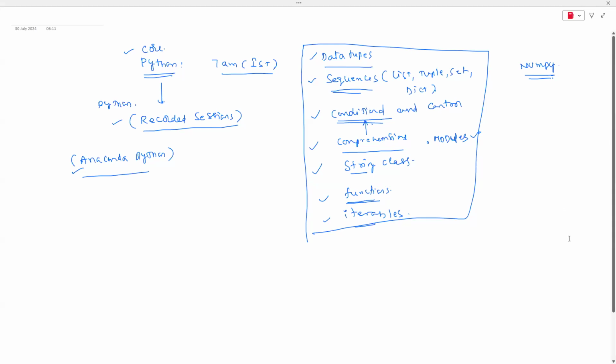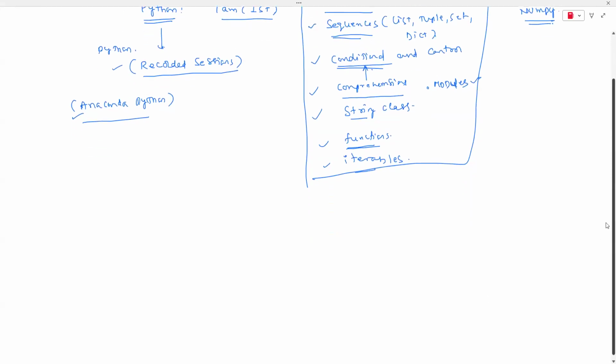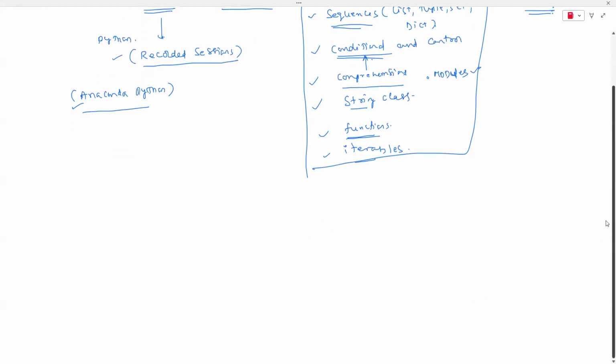But let me introduce, because I cannot directly say that we learn Python. So let us discuss what data science is also. As you know, nowadays wherever you go, almost everywhere they are talking about data science, machine learning, AI, and some of the recent success stories like generative AI and prompt engineering.